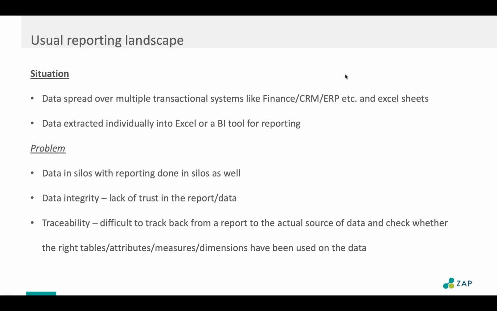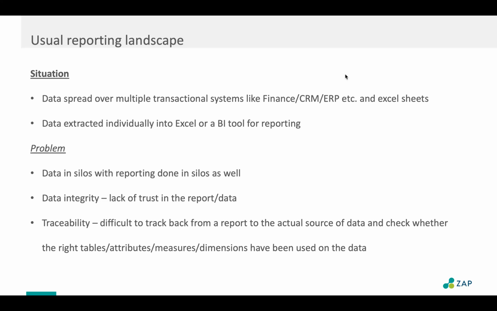So data integrity ends up becoming far, far bigger in a scalable reporting landscape than just the report itself. And then the last part is the journey, and the traceability of that journey. How do you track back from a report, be it for one function or multiple functions, be it data coming from one source or multiple sources, be it a cross-functional report or whatnot, to the actual source of the data?